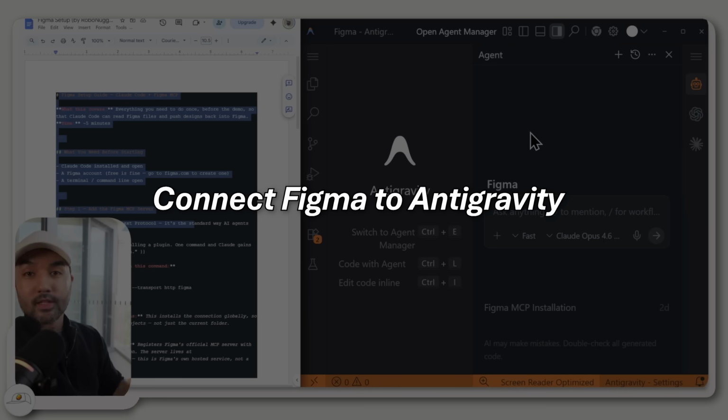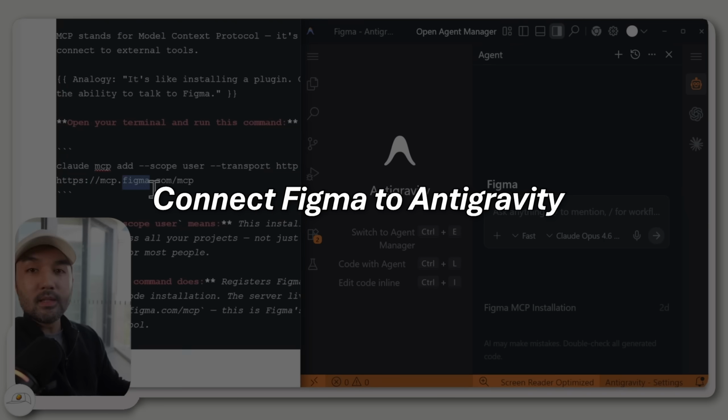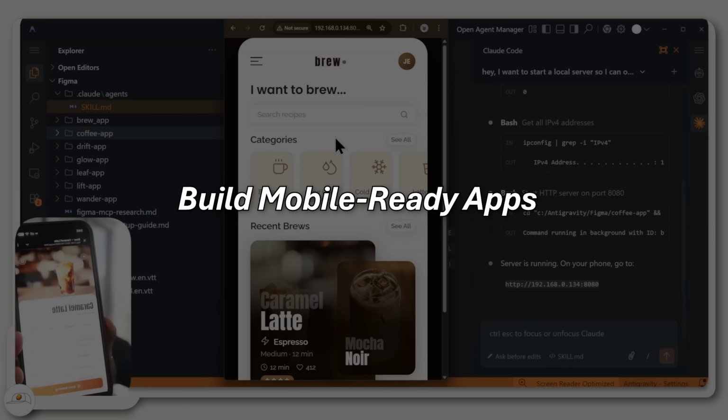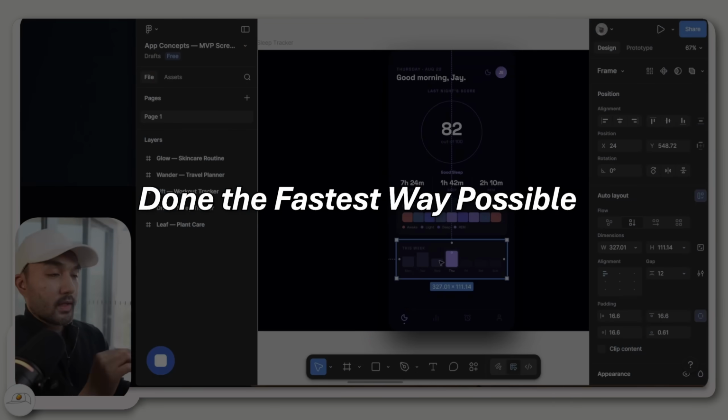from scratch. So in this video, I'll teach you how to connect AntiGravity directly to Figma, how to build a polished app that you can preview on your phone, and how to do it all at a speed that's never